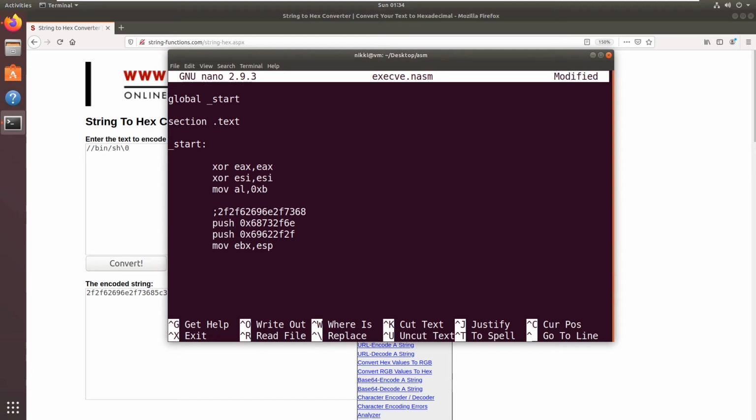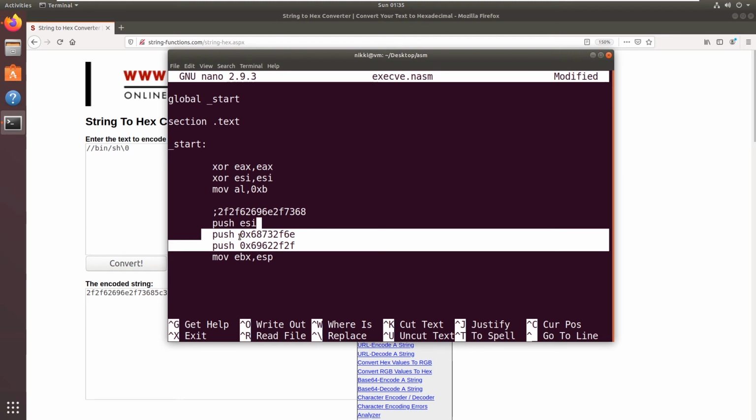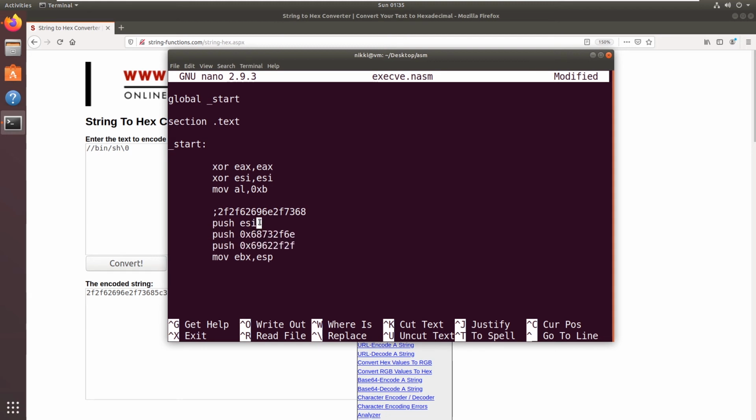Now XOR ESI, ESI means that ESI contains 0. Now I'm going to push that ESI register. So what we have done is we have cleared the register and pushed the contents of that register onto the stack. Whenever the system call is executing, it will take the ESP value, which points to /bin/sh, and this push ESI puts the null bytes onto the stack, that is the string terminator.